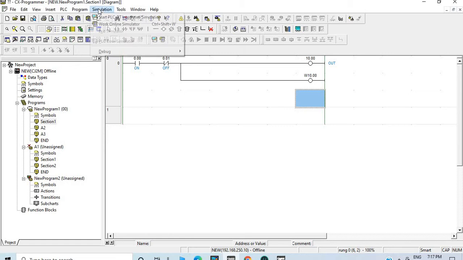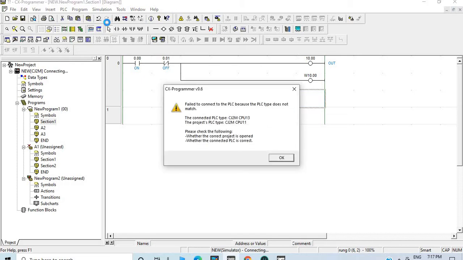From here you can go to Work Online Simulator or press Ctrl+Shift+W. I am doing it. Because that does not match, please type CG, CPU1 project, simply type CG. Project PLC type.